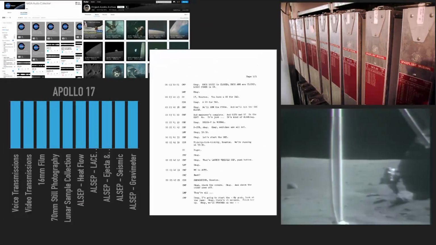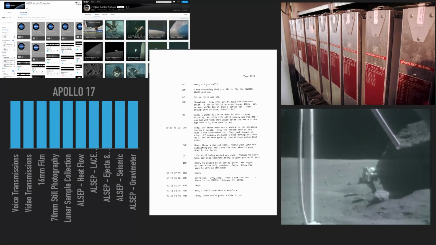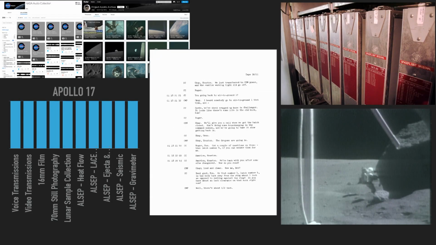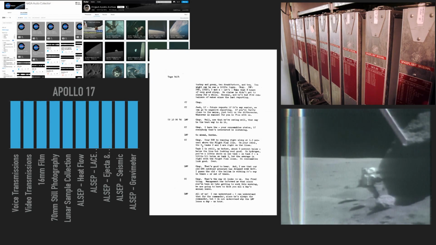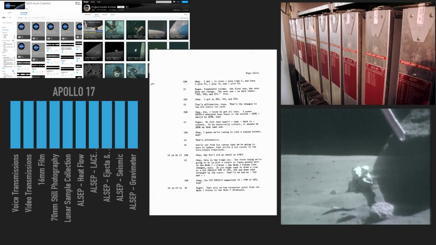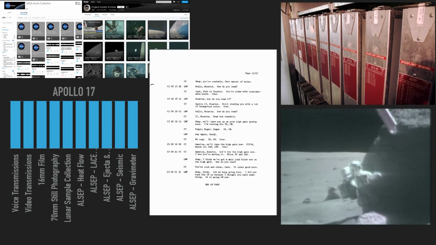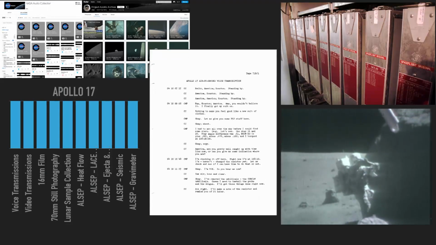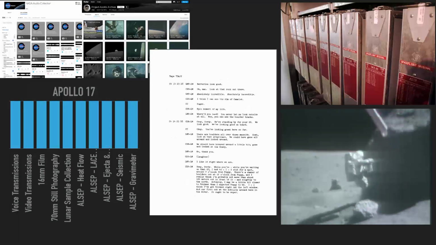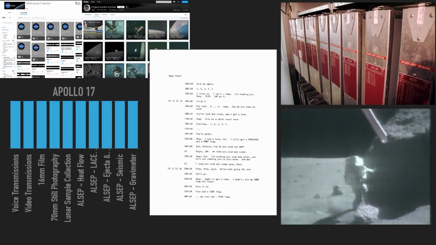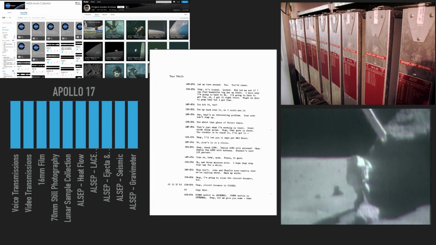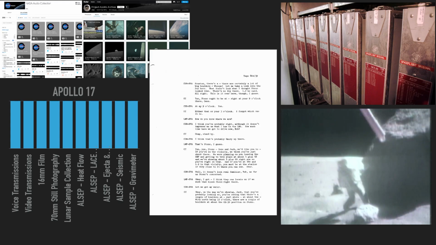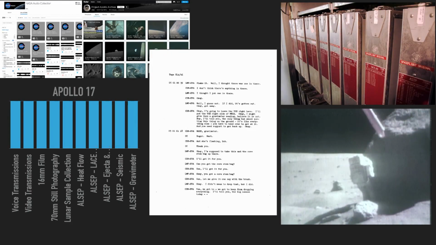So here's a way to visualize that process. Here we have on the top left the NASA audio collection, the Flickr photo gallery of all the 70mm still photography. We have streams of video from each mission. This is video that was transmitted to the ground on the J missions. This is footage from Apollo 17. And then in the center, we have a transcript that was typed up of everything that was said. And in this case, I'm flipping through the transcript of Apollo 17. It's 2,400 pages long. I mean, there's a lot that was said here. But of course, you can't include all 2,400 pages when you make a 30-minute documentary about something like Apollo 17.